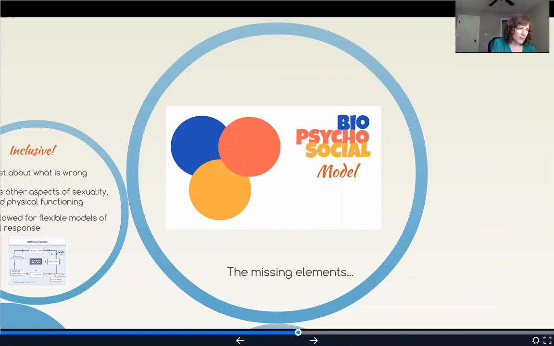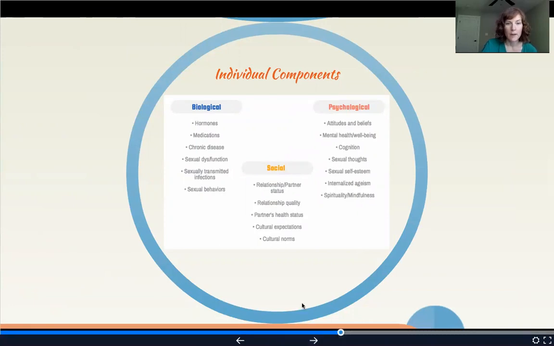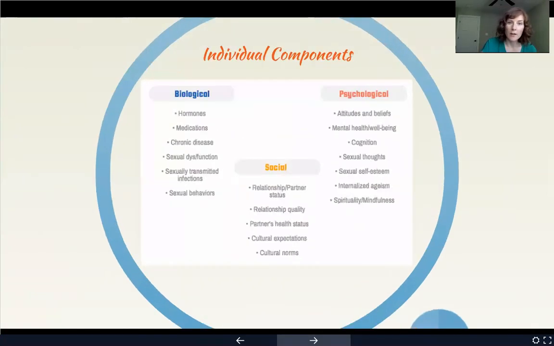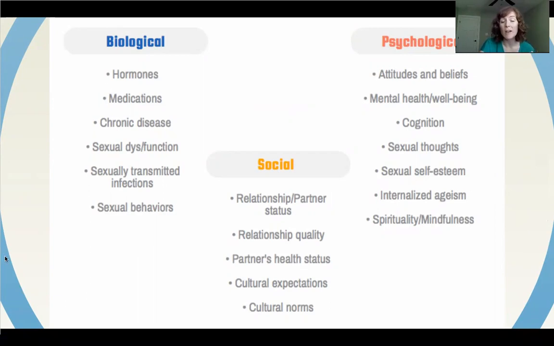Let's look at some of the specific factors that go into those circles. Again, these are described in a lot more detail in the Delamater and Sill article. And we're going to be going into each of these areas separately in different weeks. So for the individual components here, we have the biological, which we have detailed quite a bit in the biomedical model. But just as a review, that includes things like decreases or changes in hormones, estrogen and testosterone, which affect sexual desire a lot, or if you physically are prompted to want to have sex.